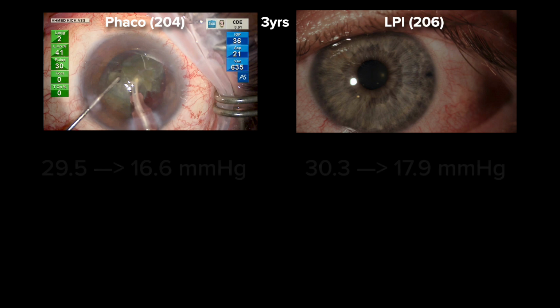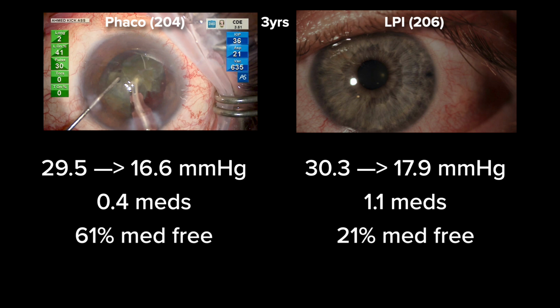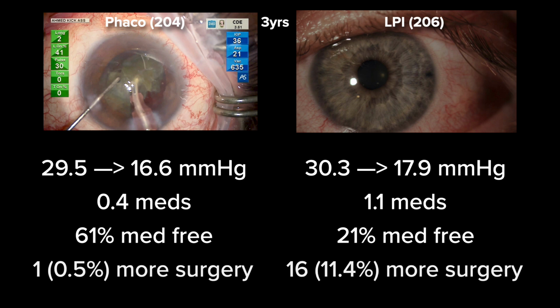Now let's look at the results here. IOP reduction, you can see, somewhat similar but more favorable to Phaco. Medications significantly lower in the Phaco group. 61% of patients were medication-free versus 21%. And many less patients required surgery when had Phaco versus iridotomies. In the patients who had iridotomies, a number of patients required further surgery, which included Phaco, trabeculectomy, Ahmed valve, and